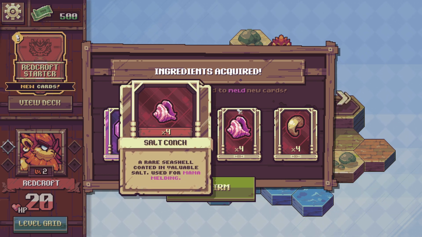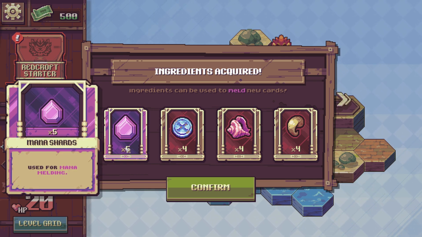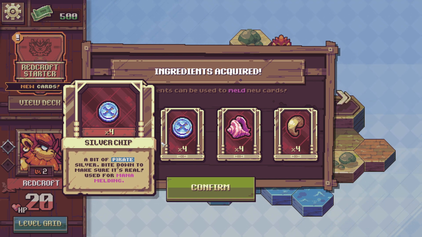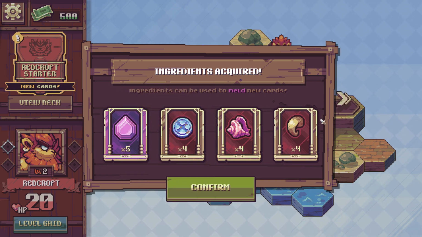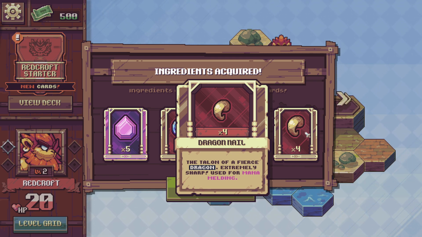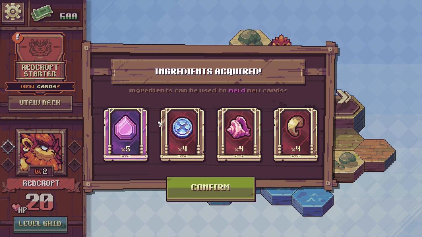Ingredients acquired. Ingredients can be used to meld new cards. Used for mana melding. A bit of pirate silver. Bite down on it to make sure it's real. Used for mana melding. Hey, it's used for mana melding? I'm gonna go out on a limb and guess this is used for mana melding? Oh, he's the greatest to ever do it. The Talon of Fierce Dragon. Extremely sharp. Used for mana melding. I mean...